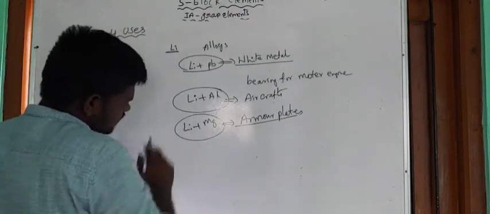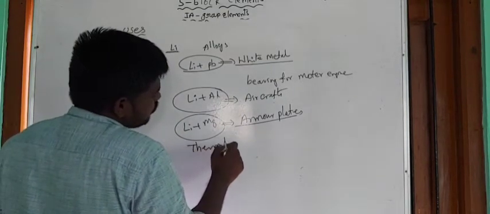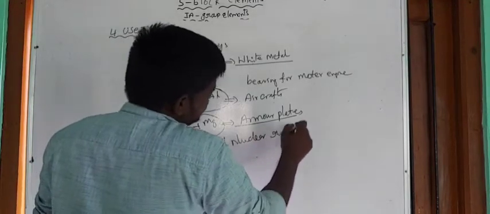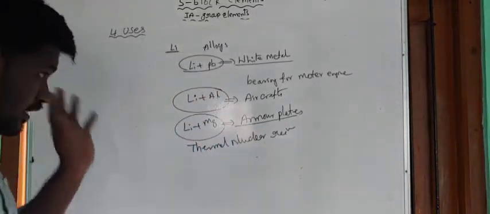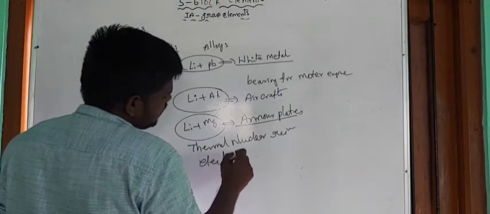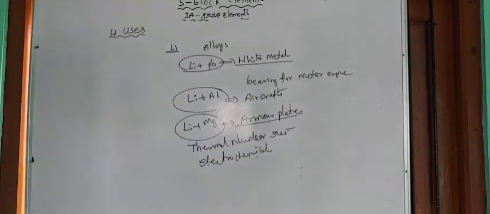Okay, and the next one, this is used in thermonuclear reactions. In thermonuclear reactions, lithium is used, and in the electrochemical cells. In the electrochemical cells also, lithium is used. And next one,